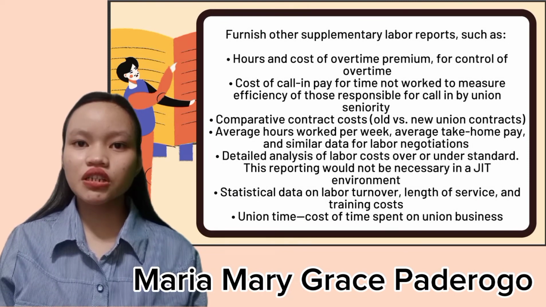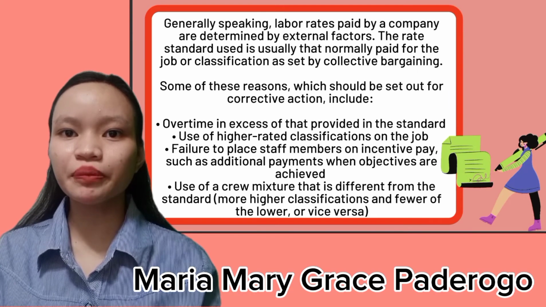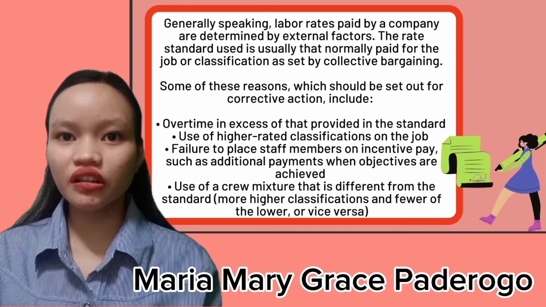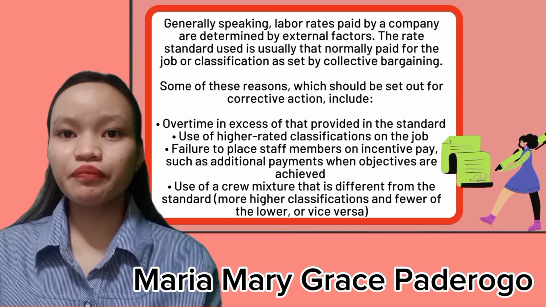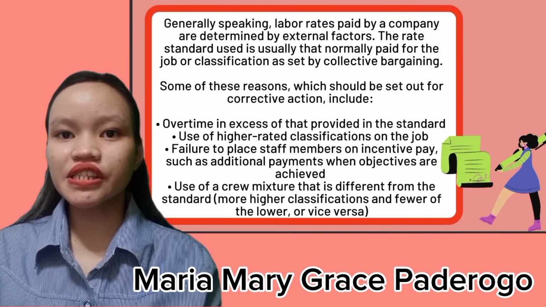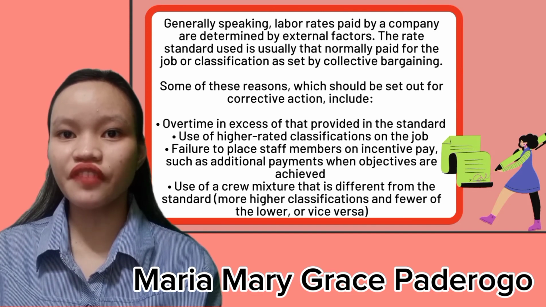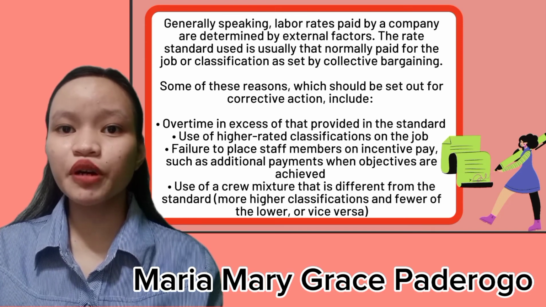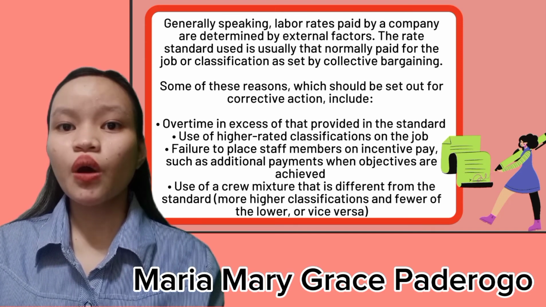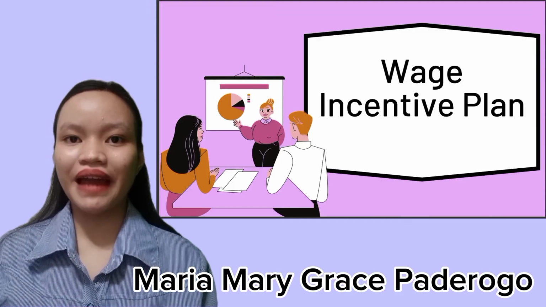Furnish other supplementary labor reports such as: Generally speaking, labor rates paid by a company are determined by external factors. The rate standard used is usually that normally paid for the job or classification as set by collective bargaining. If standards are set under this policy, no significant variances should develop because of base rates paid. Some rate variances, however, may be created and are controllable by management. Some of these reasons, which should be subject to corrective action, include: